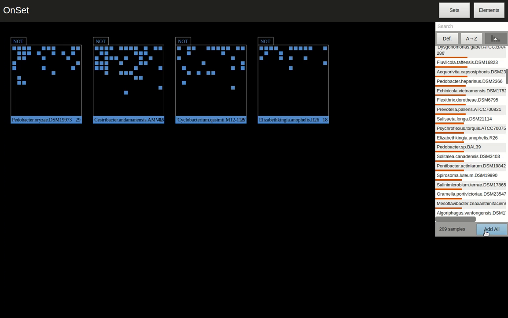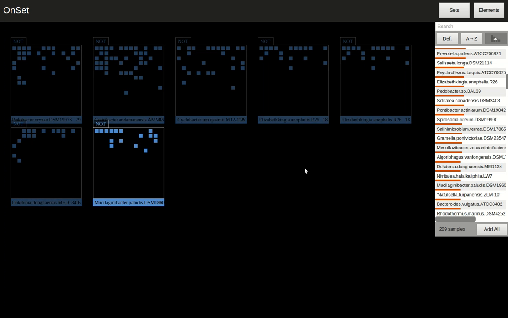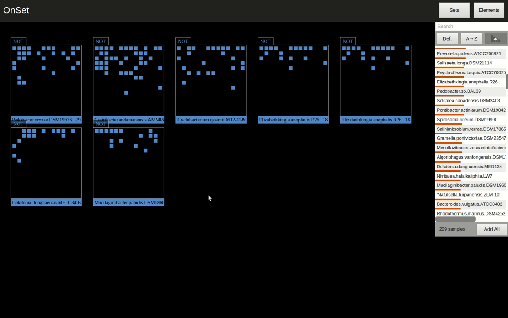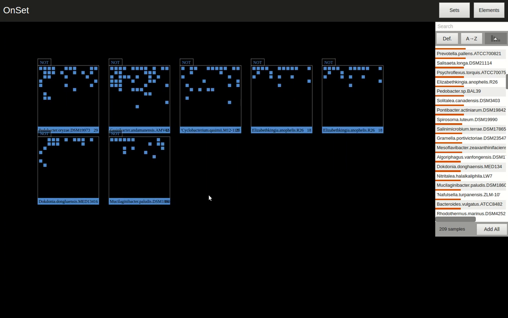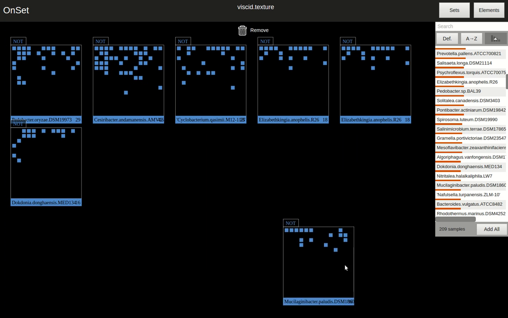There's also an add all that adds all of the rows of the matrix in an automatic layout. OnSet kind of goes to 5 taxa and then goes to individual rows. If you do more of them, I'll just go down here and select more. You can also just use the mouse wheel to zoom out. There's a default original arrangement, but you can arrange these by hand by just clicking and dragging them with the